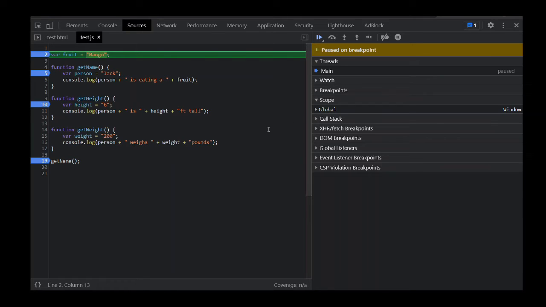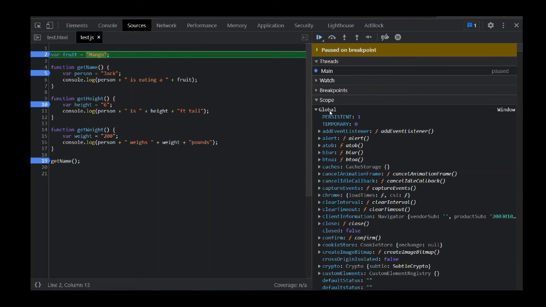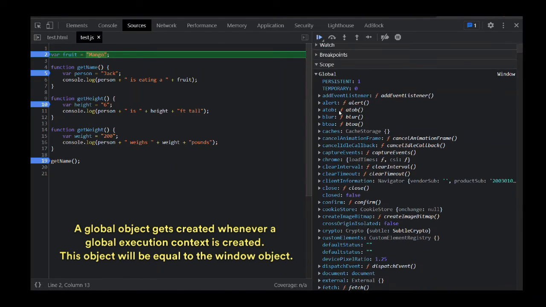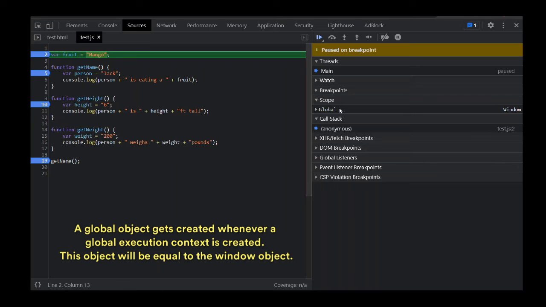So what I've done is I opened up our example file in the browser. The main two things that you need to focus on are the scope block and this call stack. The anonymous that you're seeing right now is basically the global execution context. Since the file has been already loaded in the browser, a global context has been created for this file. Inside this global object, this object, by the way, also gets created during the creation of the global execution context. This object will also keep track of all the members inside this file.